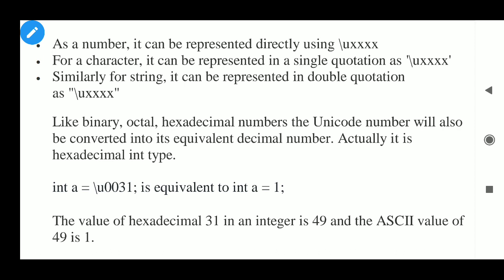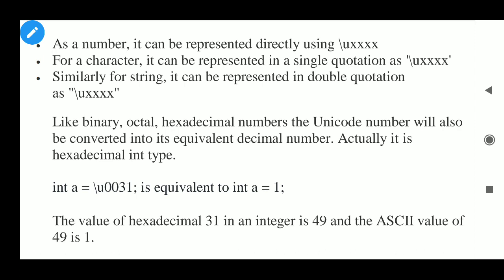Try to understand a little. If we want to assign 1 to variable a, we always say int a is equal to 1. But if we want to use Unicode for 1, how can we assign it? That is what we are understanding now.